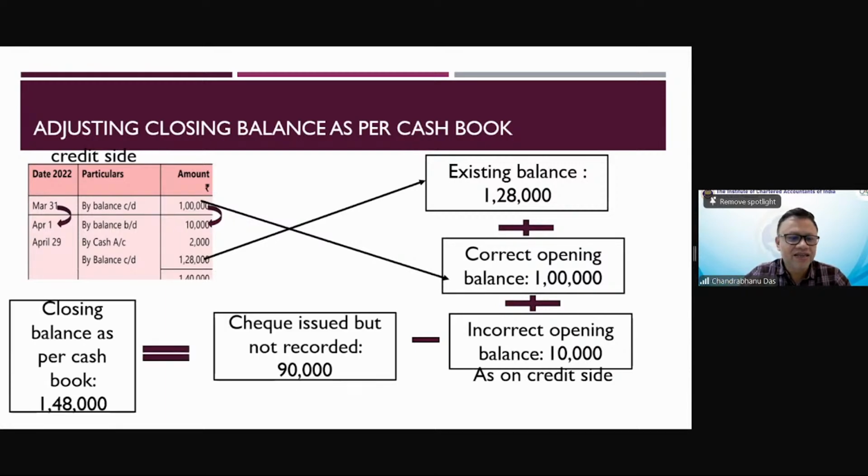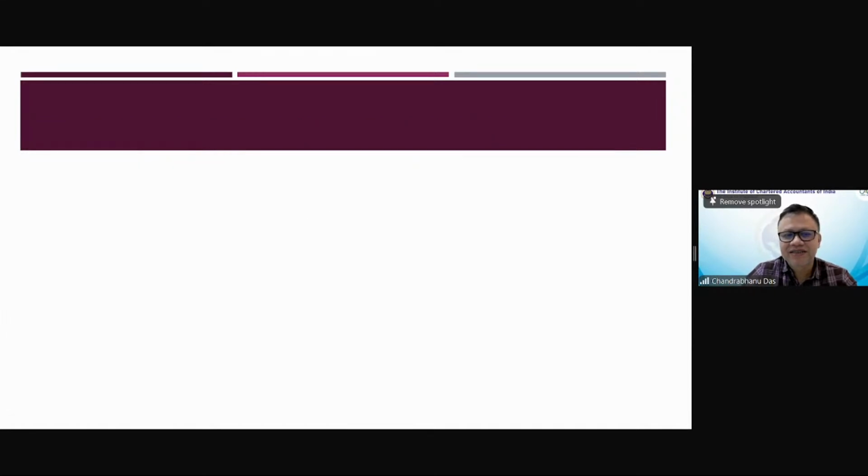And you are getting closing balance as per cash book is 1,48,000. Now you are getting the adjusted cash book. This is called the adjusted cash book. You have adjusted the entries because some errors were there, some were omitted, and you adjusted accordingly. And then what you found is